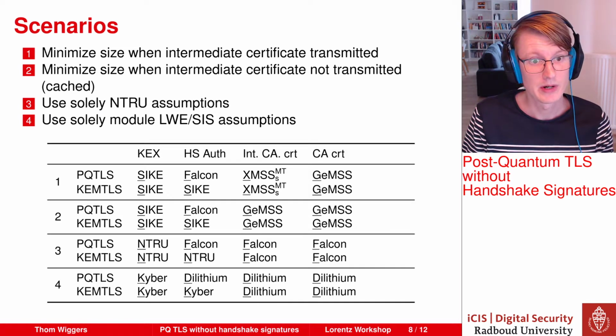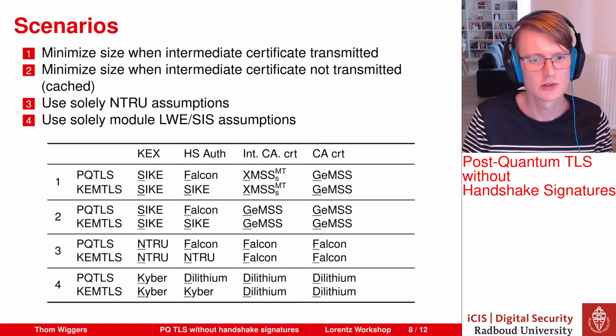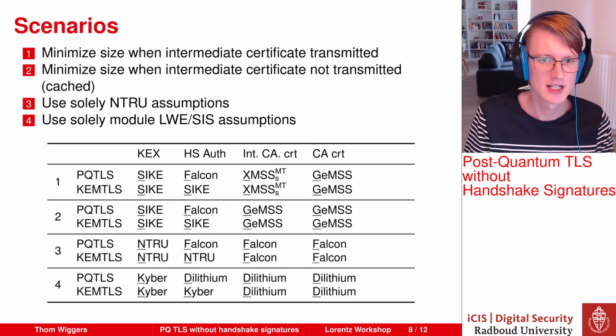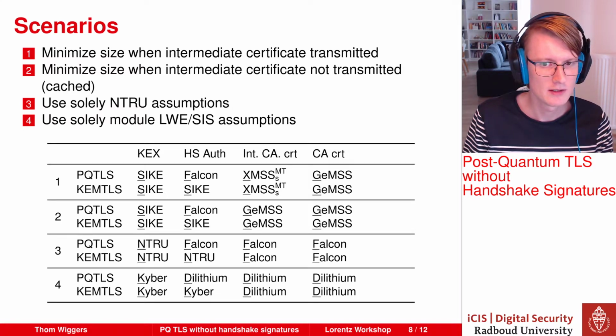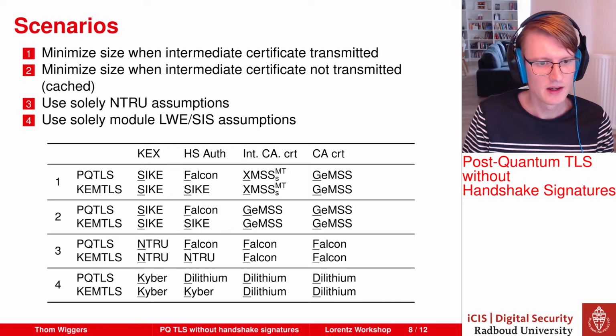This gives us the following parameter choice. So you see that if you minimize size, you end up with SPHINCS+ and Falcon for handshake authentication, or you indeed use SPHINCS+ again. You see that if you want the smallest signature size, you end up with GeMSS, which is our CA certificate here. And if you don't send over the intermediate CA, you also end up with GeMSS. And in scenario 1, we use a custom version of XMSS, which is smaller, to also further minimize the signature size. And then scenarios 3 and 4 are